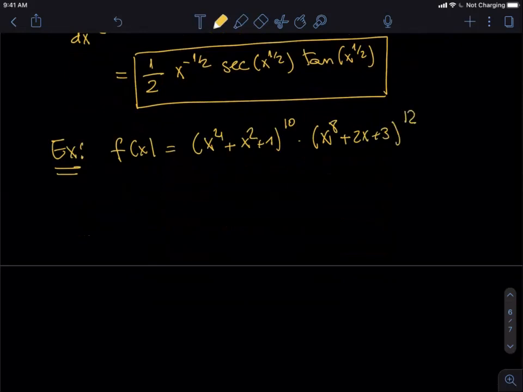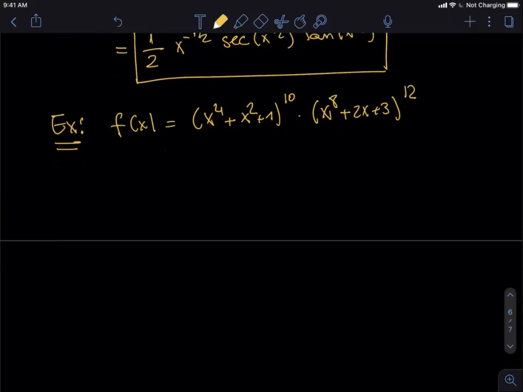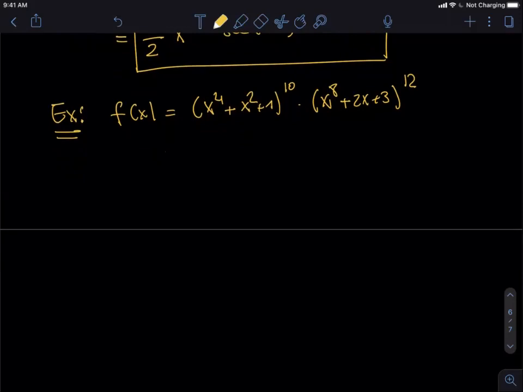So there are two ways we can do this. We can expand the power 10 and the power 12 and multiply the two polynomials, and that will take like the rest of the semester. Or we can just use the product rule,